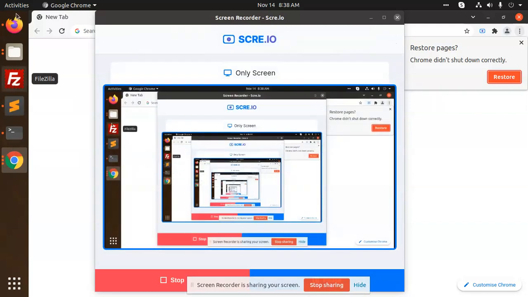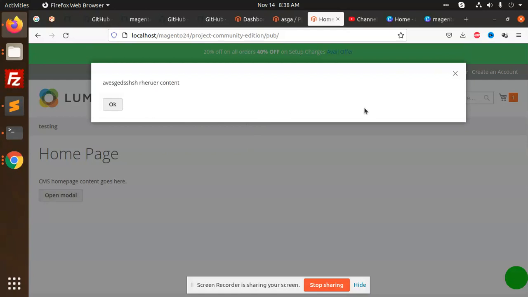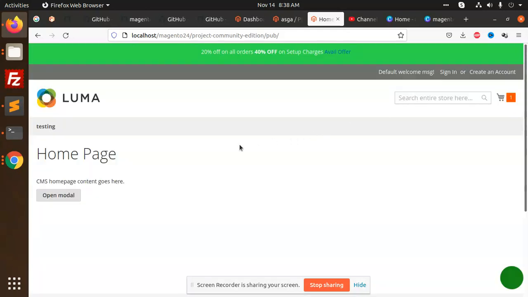Hello friends, in this video we are going to learn how we can create an open modal, like the Magento default modal, how we can open this modal in Magento 2. So let's start how we can use this modal. So first of all, you need to go to the